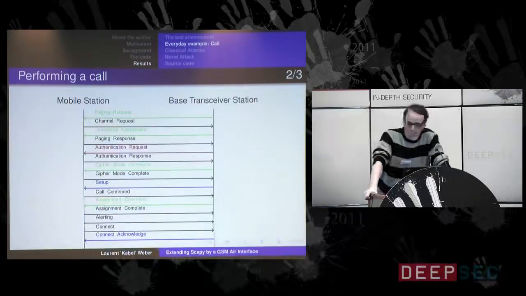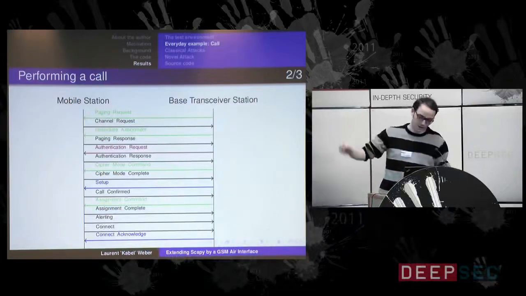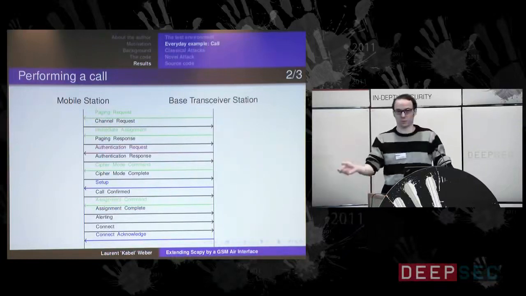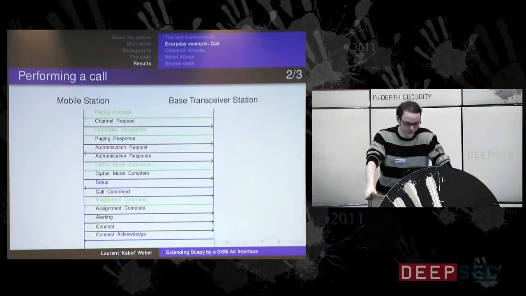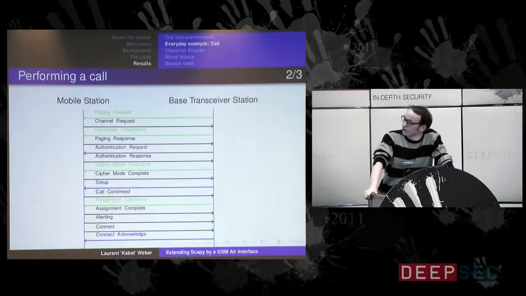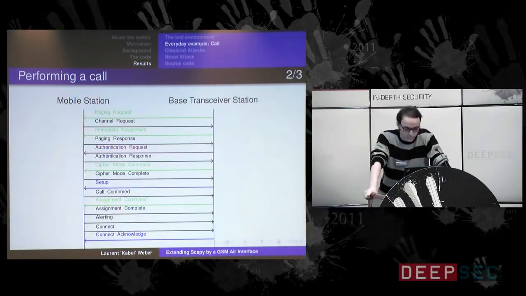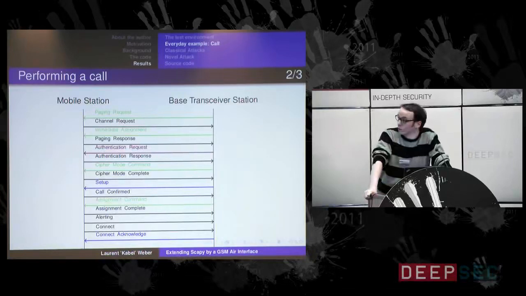Now the detail of the protocol run. You are sending messages back and forth, and you start with some radio link. The green messages are radio link messages, the red ones are related to mobility management, and the blue ones are the call control messages.